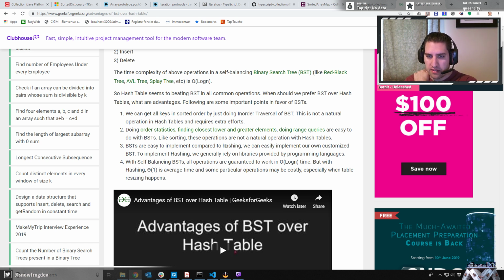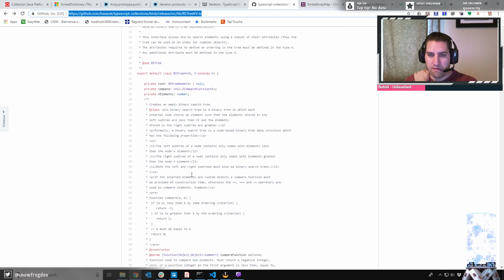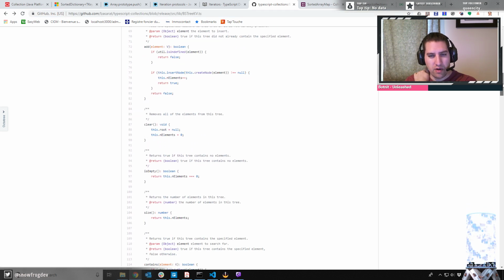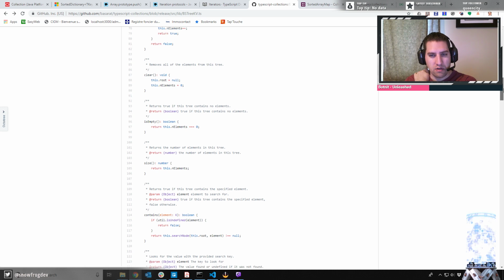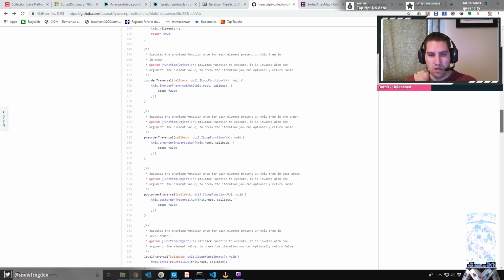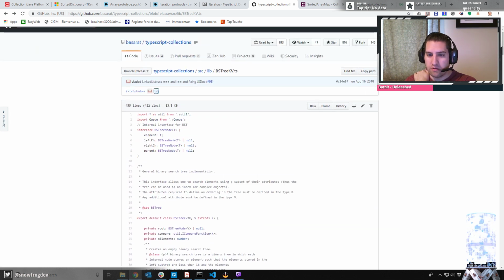So one of the things I was thinking of doing was testing getting ranges, doing range queries. And oddly enough, this implementation here doesn't have an easy method to do that, which was odd to me, because if that is one of the strengths of a binary search tree backed map, why wouldn't you have that? So I don't know. I'm not gonna be able to test that